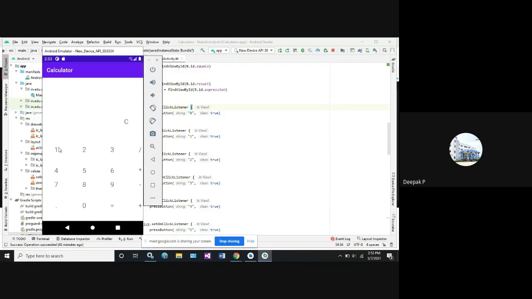See here, 1, 2 divided by 3, equal. You are going to get the result as 4. Now 12 divided by 5. What should the result be? It should be 2.4. But I'm not getting the result now.